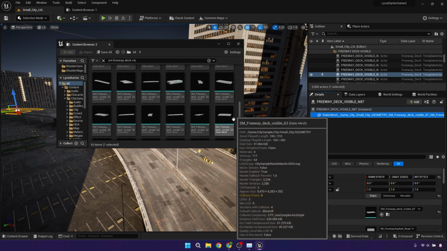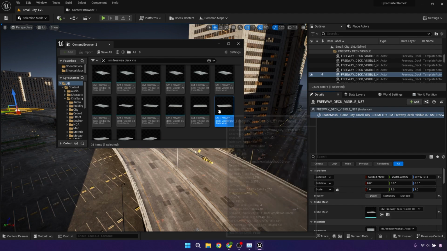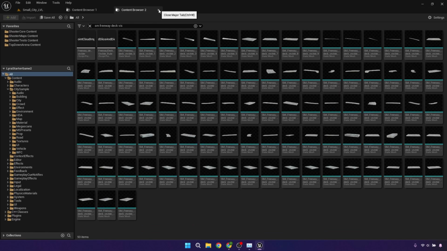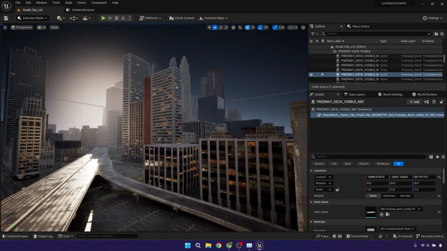There's also some collision models that might not be readily available. That's why it takes a while, but just go through all of those actors on the right. They're pretty easy to find though. If you just look at what the static mesh is named, then you'll be able to find it